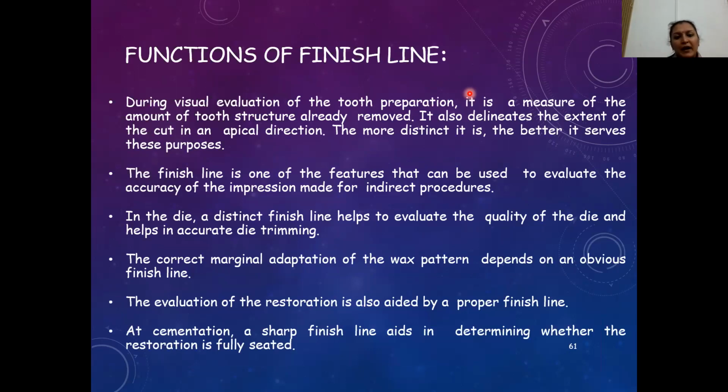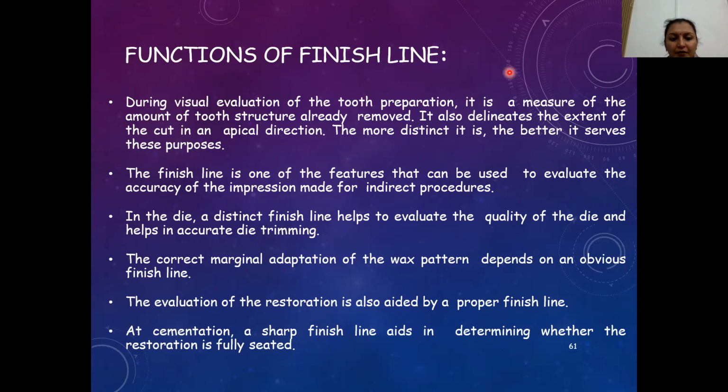During visual evaluation of the tooth preparation, it is a measure of the amount of tooth structure already removed. It also delineates the extent of the cut in an apical direction. The more distinct it is, the better it serves these purposes. The finish line is one of the features that can be used to evaluate the accuracy of the impression made for indirect procedures. In the die, a distinct finish line helps to evaluate the quality of the die and helps